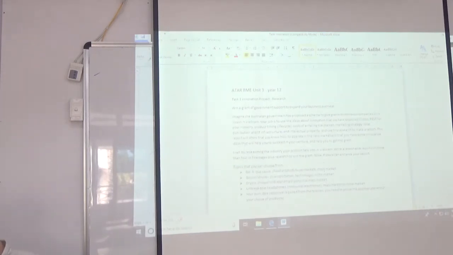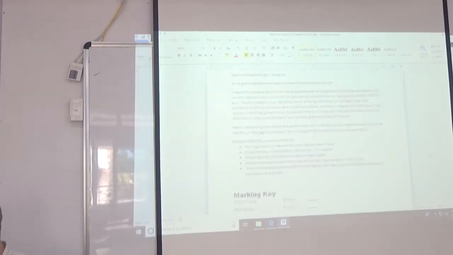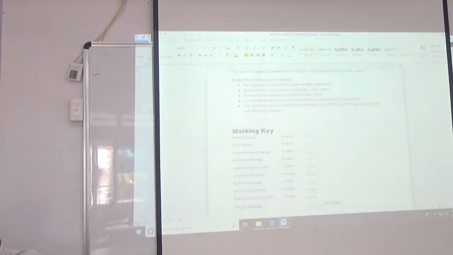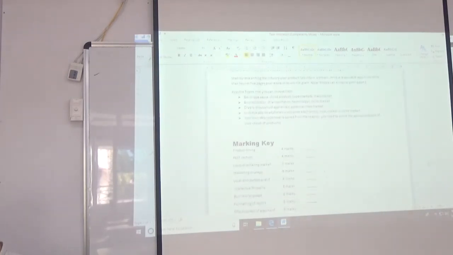Start by researching the industry that your product falls into in Vietnam. So there are some possible topics. These are not strict, but there are some examples that you could explore. Start by researching your industry and write a report. It says 4 or 5 pages, so boil it down. Do your research, but then boil the report down to 5 pages to try to win the grant. If you have any pictures or anything that you can share to improve the understanding, graphics or anything that helps.